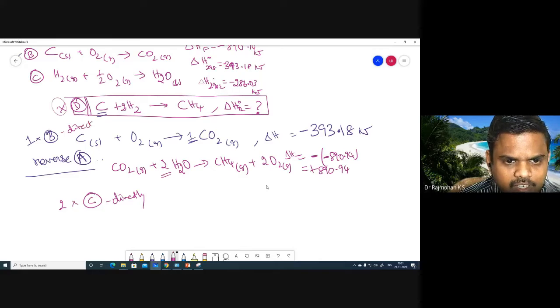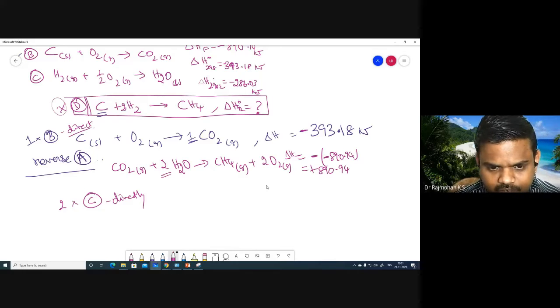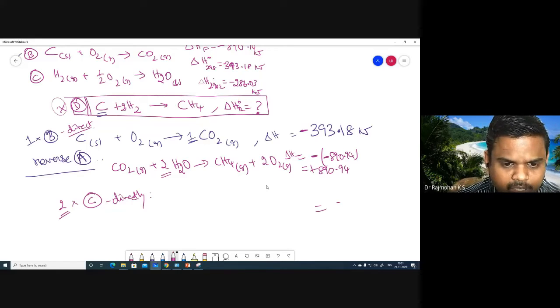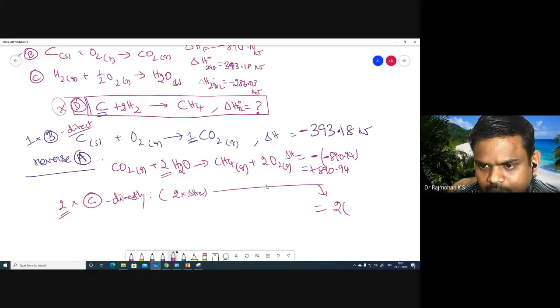I am writing it directly, because accordingly delta HR is understood. We are not reversing it, so delta HR will come as it is. What is the delta HR? But we are multiplying by 2, therefore 2 times delta HR will come into picture here. So what is that? 2 times minus